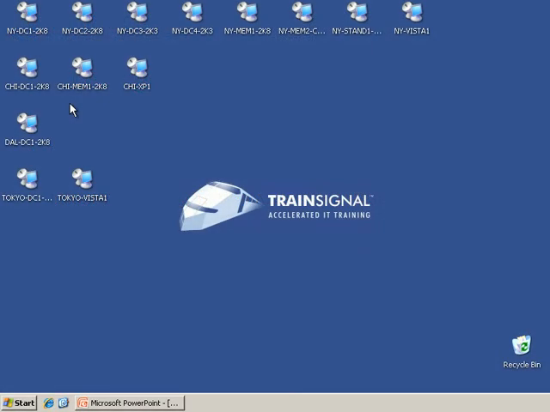Now, for this demonstration, we are going to go ahead and use Chicago DC1 and Chicago MEM1 as our 2 terminal servers. Now, there's a couple things I want to point out. One, we're doing this in Chicago because, as we know from previous videos, the sales department is primarily in Chicago. The second thing is,